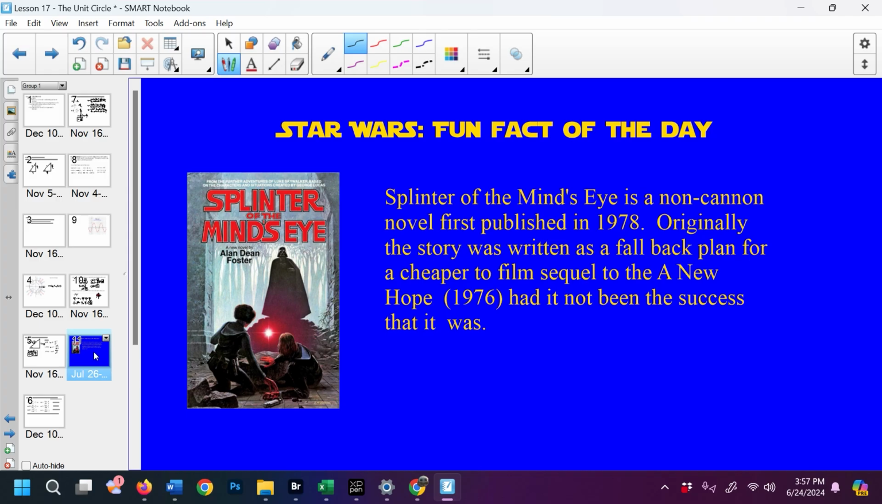So, the Star Wars fun fact of the day. Splinter of the Mind's Eye is a non-canon novel, first published in 1978. Originally, the story was written as a fallback plan for a cheaper film sequel to A New Hope, which was released in 1976, had Star Wars not been the success it was. As we all know, Star Wars is a cultural phenomenon. It was back then in 1976, and it made so much money that he could do the full-blown version of The Empire Strikes Back, which is easily the best Star Wars